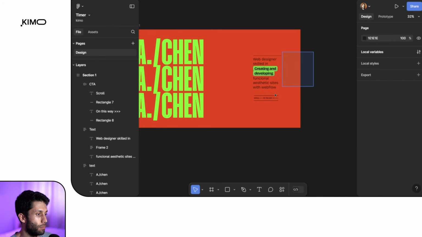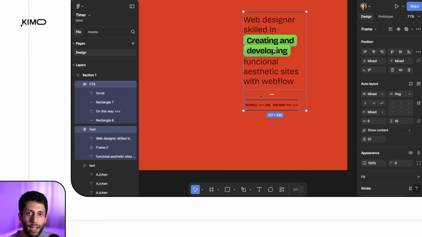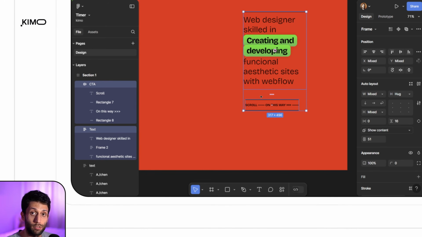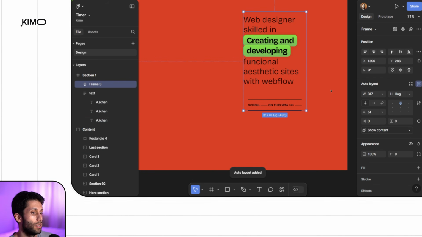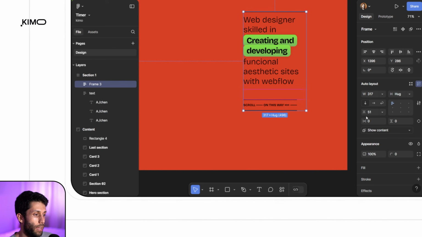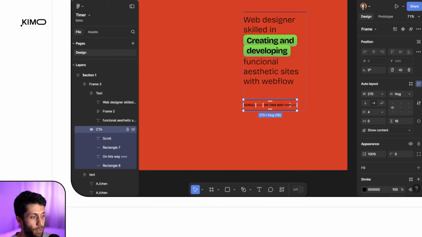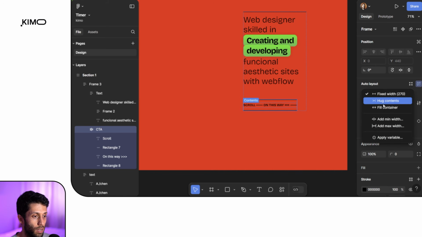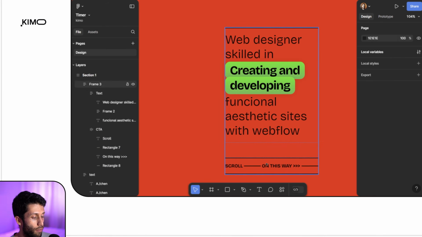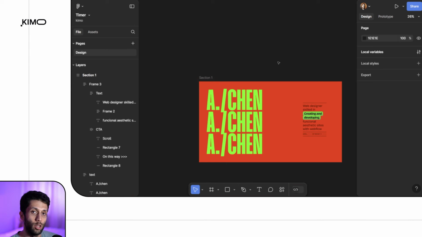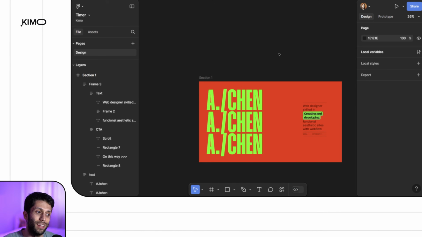The rest is very simple. I'm going to select these two frames and group them together using another frame. And again, of course, as you guessed, I'm going to use auto layout here as well. Let's make sure that we have left alignment. And here I can also make sure that the resizing behavior of the CTA is set to fill the container. This way we can be sure that the width of the CTA is going to follow the parent layer, to have a cleaner layout in our design and get closer to what developers are going